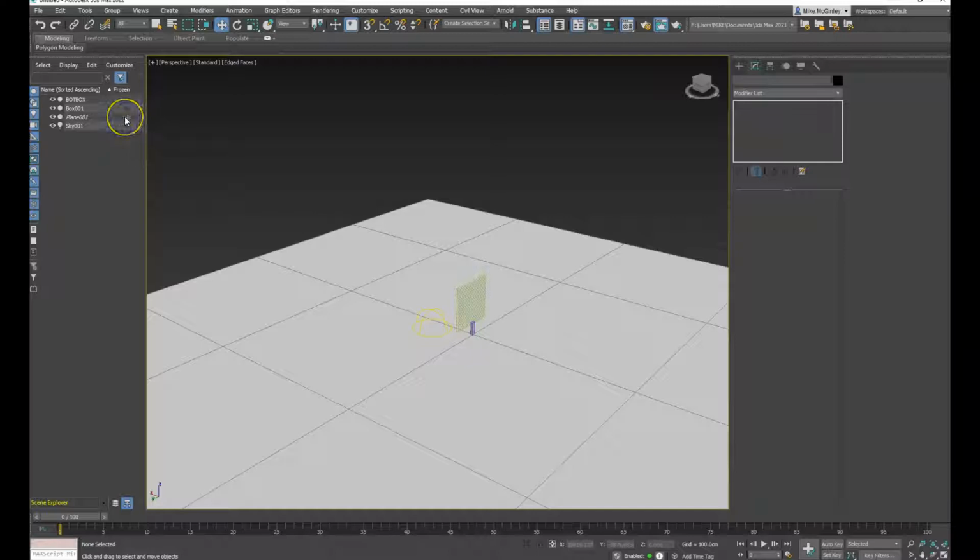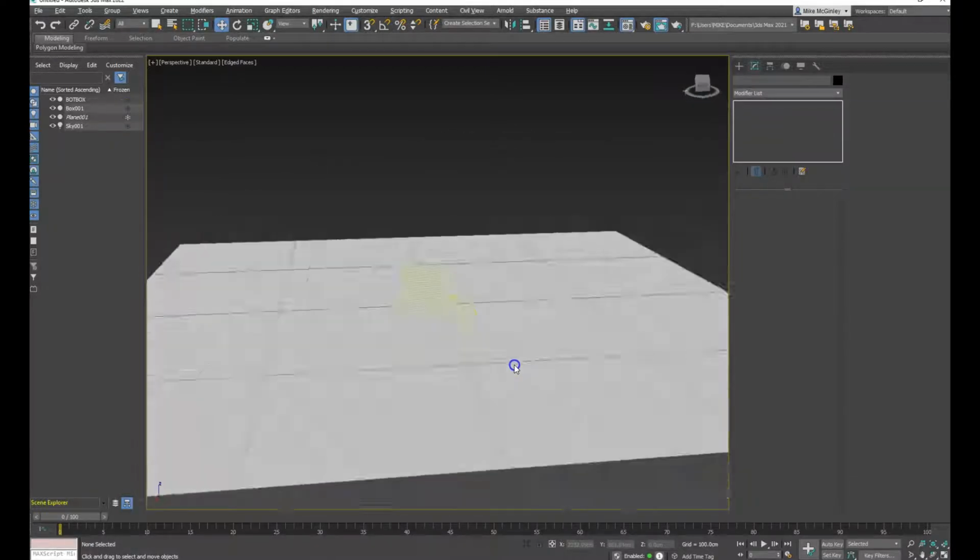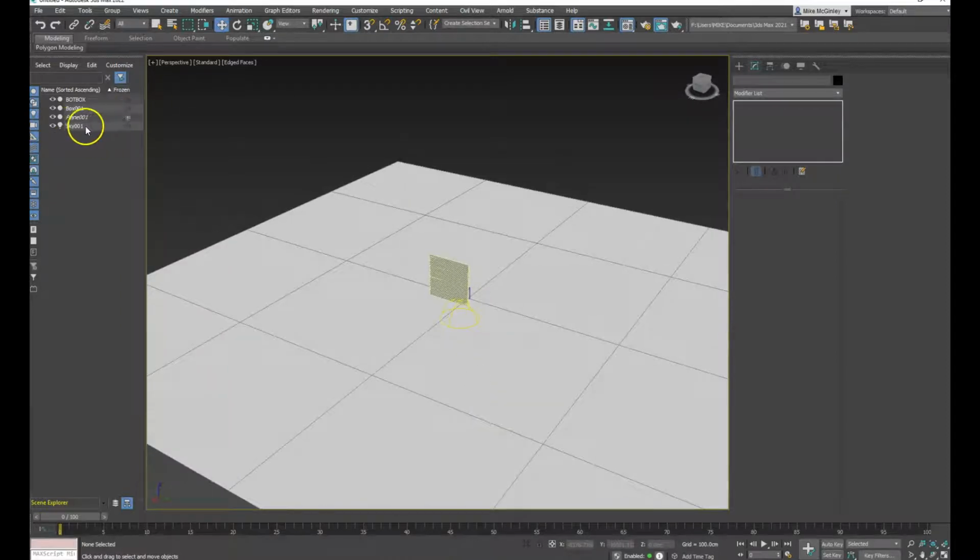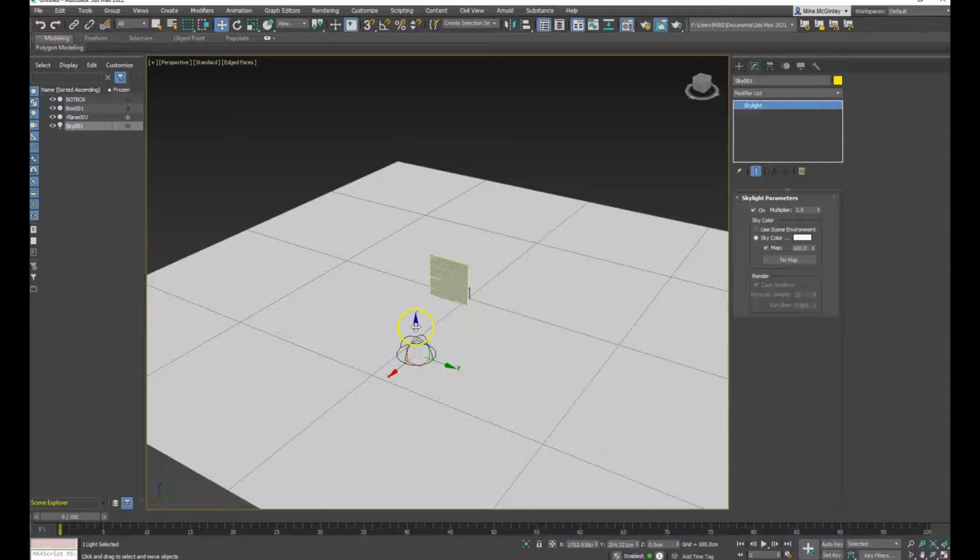So in the Scene Explorer, I've just clicked on the frozen button. That's nice and useful. The other thing is, in here, I've got a skylight. And the skylight, its positioning is unimportant. It's basically creating a lighting dome over the whole environment. And if I just pause there for a second, I've clicked on Help previously, and I've launched a